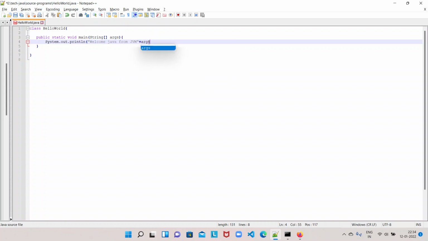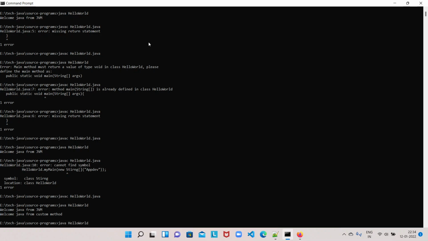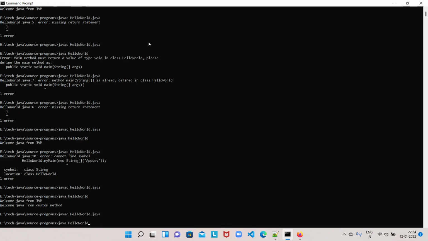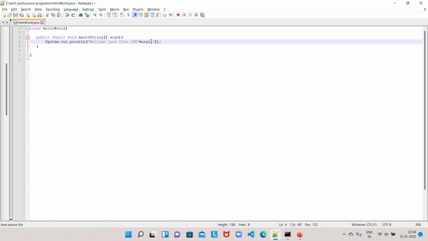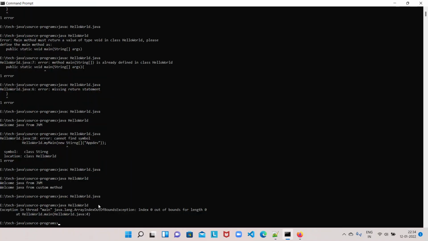Here I'll use args of 0. This is how we get a value from a string array. Let me compile this program. If you execute this program, see this is giving an error, because we are expecting a 0th index value in this string array, but we are not passing any arguments while running the program via JVM, right?